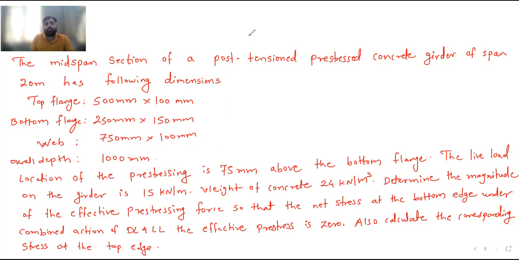So I will read the problem. Now this problem you have to solve at least up to calculation of moment of inertia. You have to solve this on your own, and then you have to tell me if you are able to solve the full problem, then it is well and good. I will tell you the problem. The midspan section of a post-tension beam